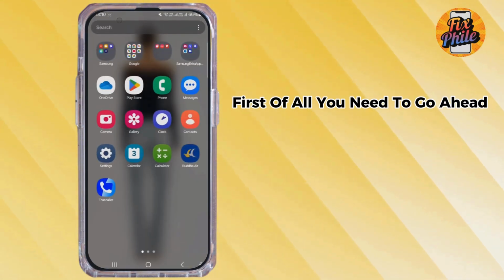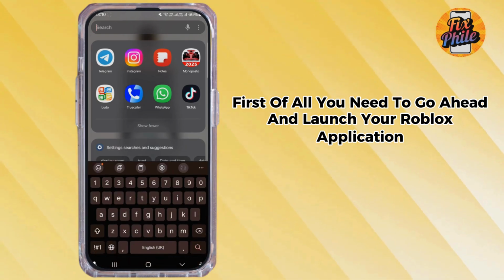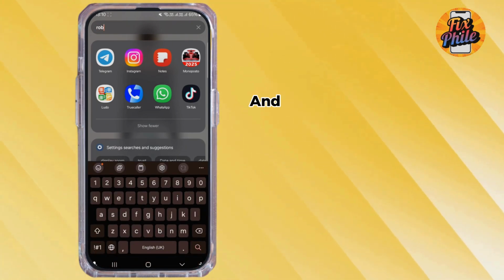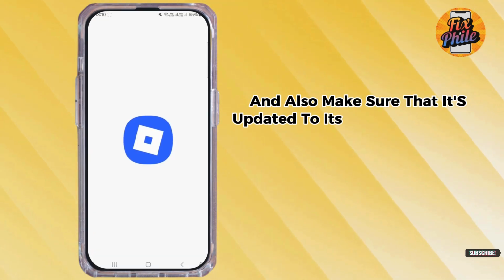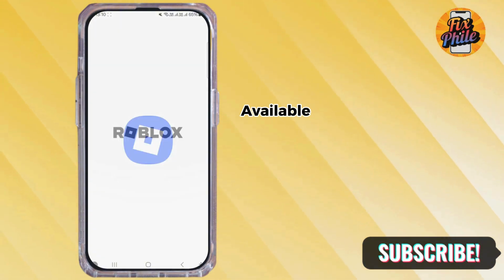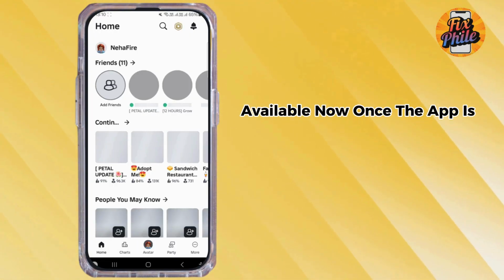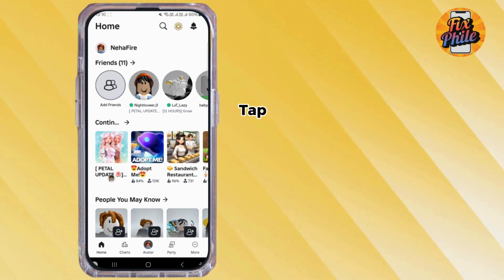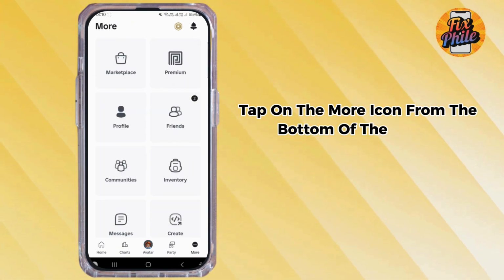First of all, you need to go ahead and launch your Roblox application on your mobile device. And also make sure that it's updated to the latest version available. Now once the app is opened on your device, tap on the More icon from the bottom of the screen